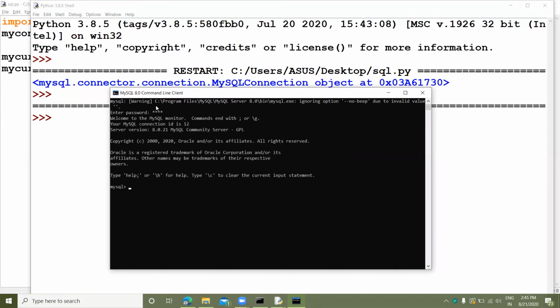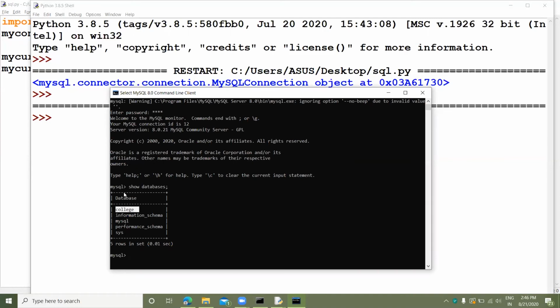So what is the command to see the databases? Show databases, with a semicolon. Enter. Now you can see my college database has been successfully created.